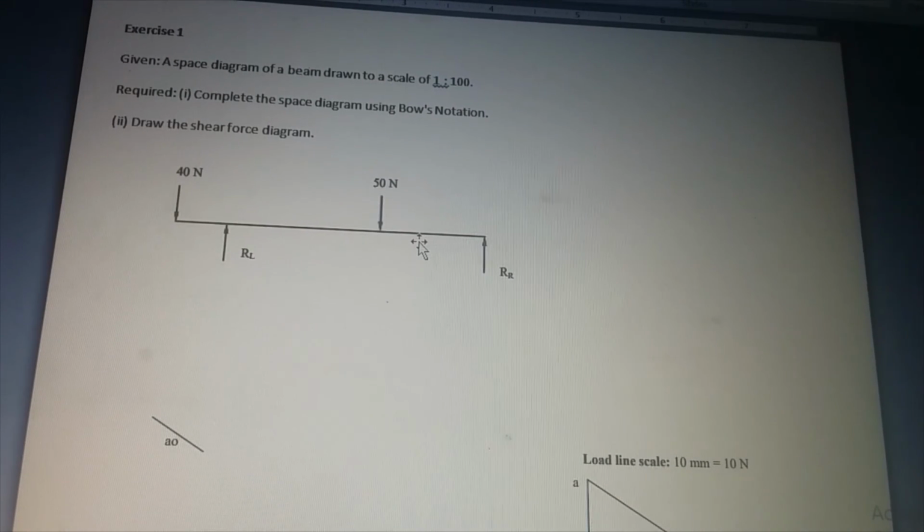I'm giving you one exercise on beams. You have this question in your workbook. Everyone should have a copy of the workbook. Those who do not have it can draw this question on paper and attempt it. And when you finish the question, take a snapshot and send it to me.